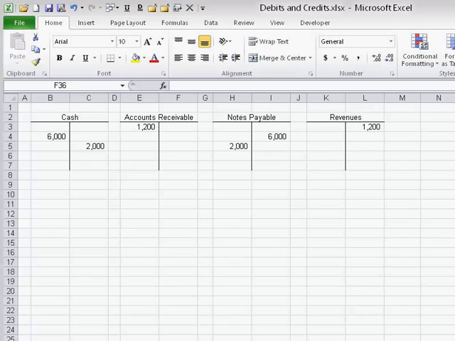Okay, so our customer is going to pay us for just half of the tax return. We had made the sale for $1,200. We said they owed us $1,200. We're going to get paid $600. So our next transaction would be an increase, or a debit, of $600. We increase cash with a debit. Our debits have to equal our credits, and we credit accounts receivable because now the customer only owes us $600